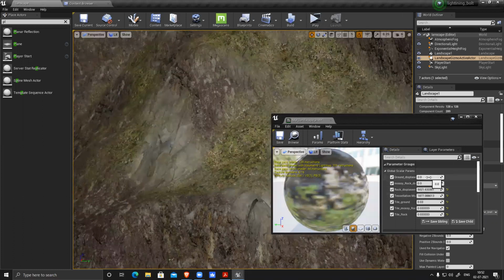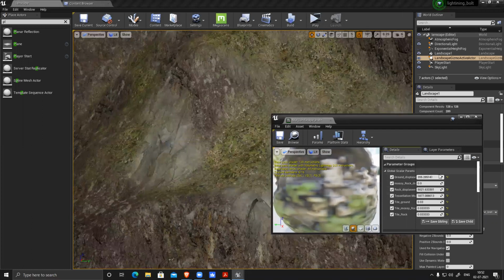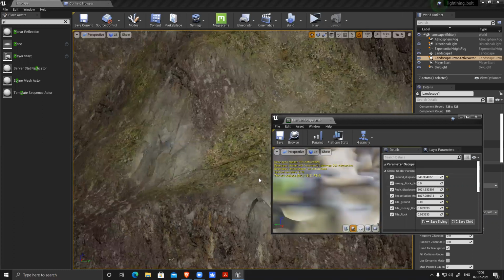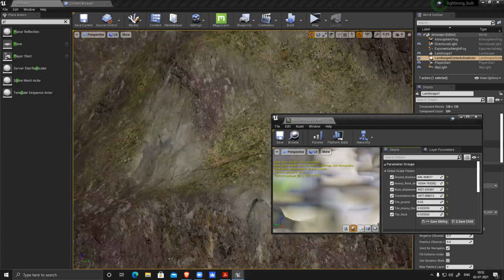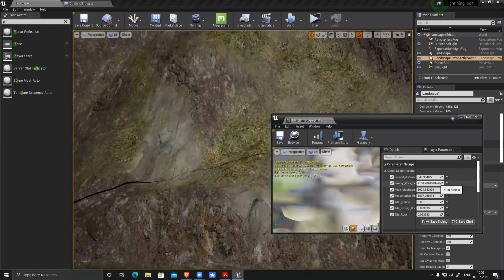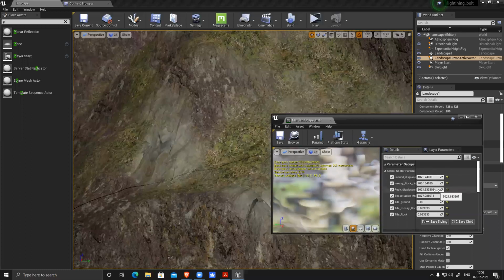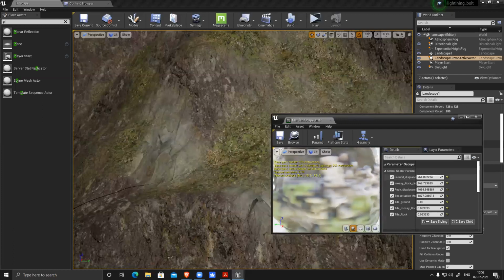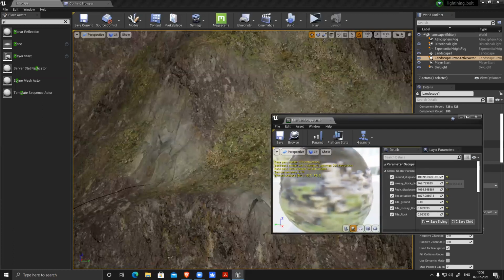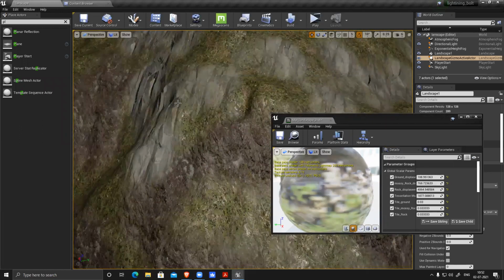Now, ground displacement. I can add and morph this displacement. So like this, now you can see all those cracks nicely.